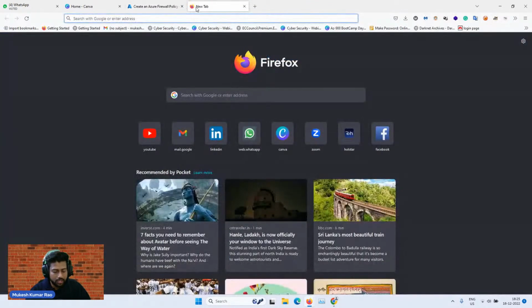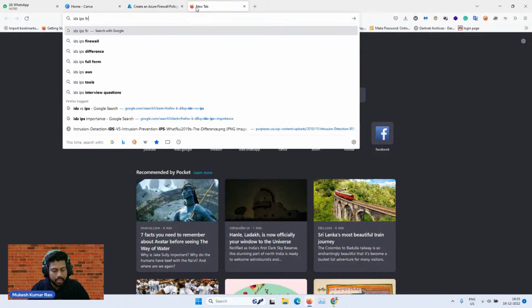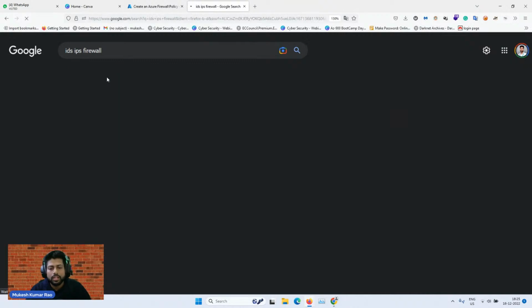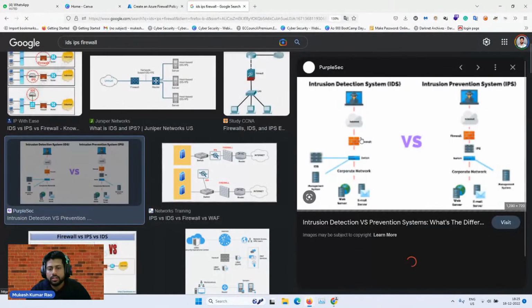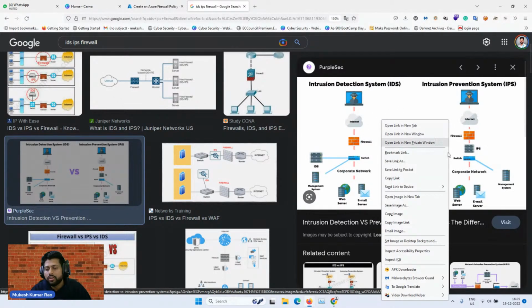So here you can get a little bit of an idea. You can type IDS, IPS, and firewall. So this is how all these three components work in a systematic manner, so that you are able to check and protect your personal, organization, or corporate network security.